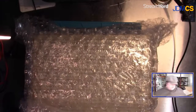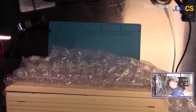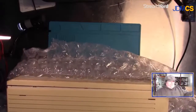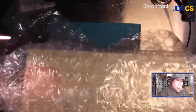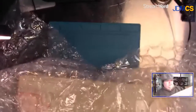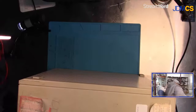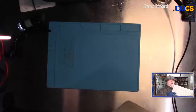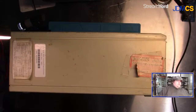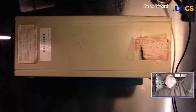Well, alright, we've got some cracked plastic. That's why the lid's not closed. Well, alright. Woohoo! I think I actually got that out of the box and only spilled 3 packing peanuts. Alright, so let's take a look at... Had some interesting labels on it that I saw in the eBay picture. Granted, the labels aren't why I bought it, but...